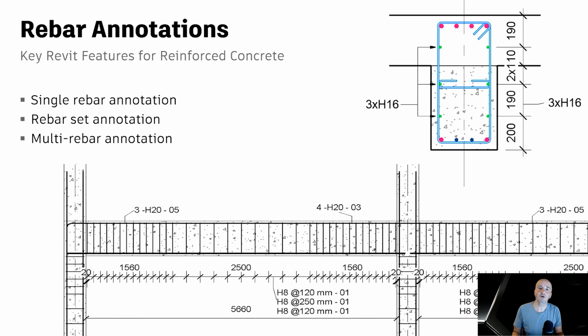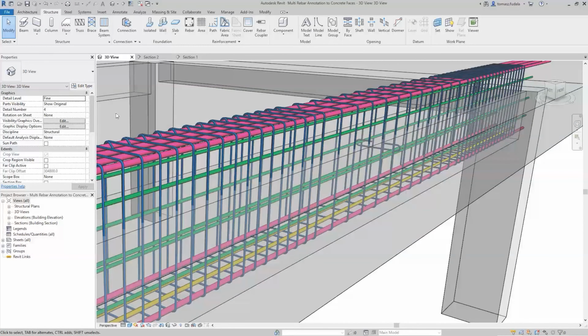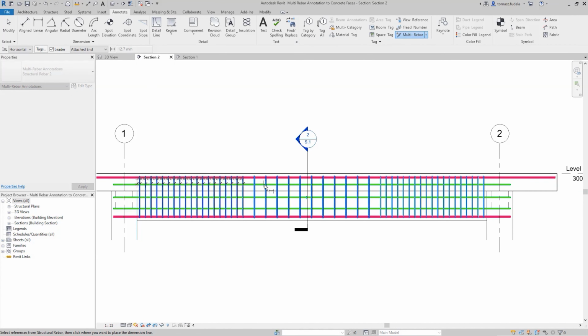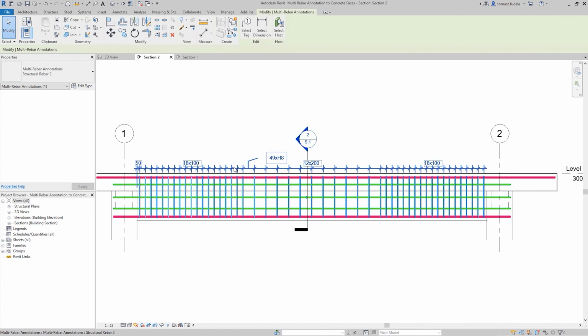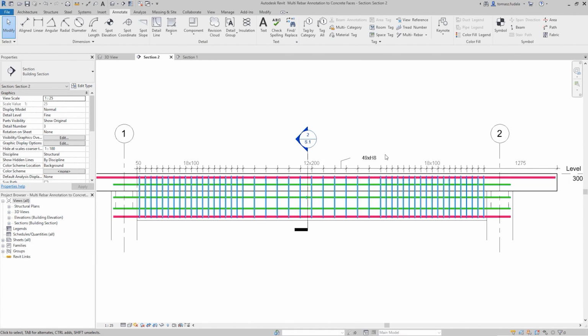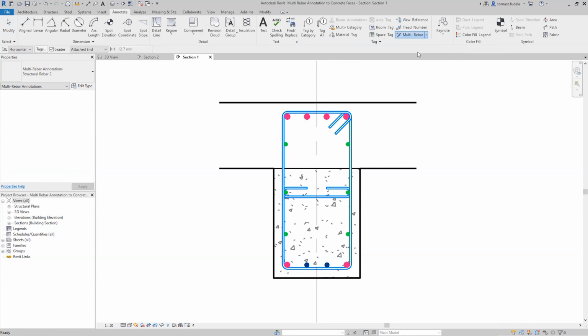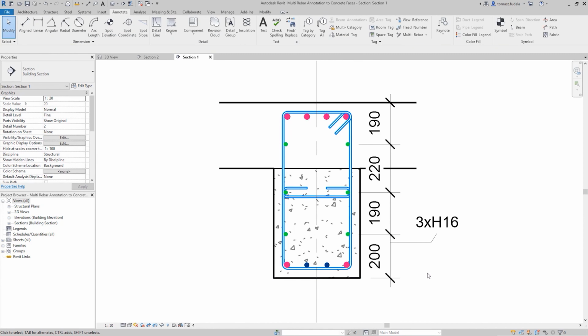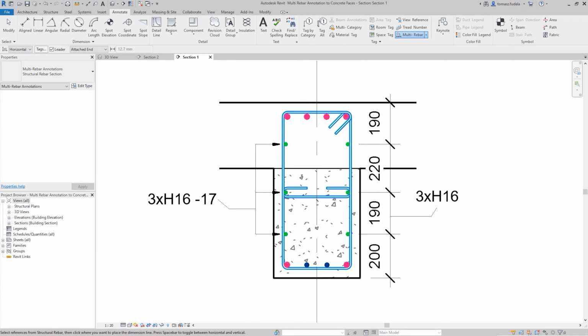In Revit, you can annotate individual rebars, rebar sets, or use the multi-rebar annotation feature. Thanks to this option, you can annotate multiple rebar and rebar sets with a single tag. You can use these annotations to tag each bar in rebar sets with detailed fabrication and construction information. These dimension lines and descriptions can easily be changed to any style to suit local design requirements. If rebar designs are changed, all tags are automatically updated as they use data stored in the model parameters.